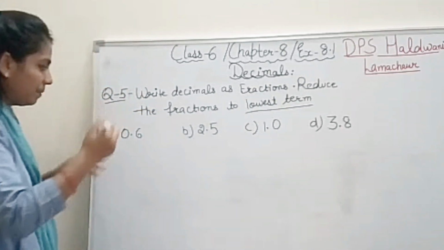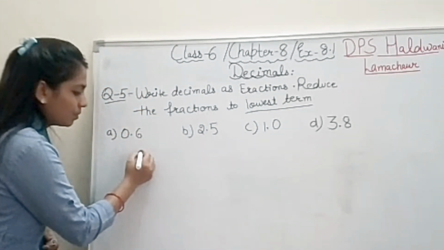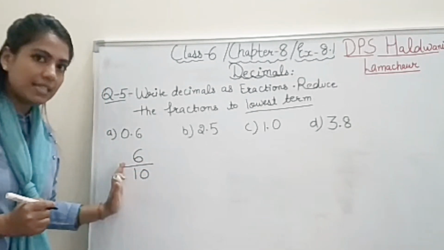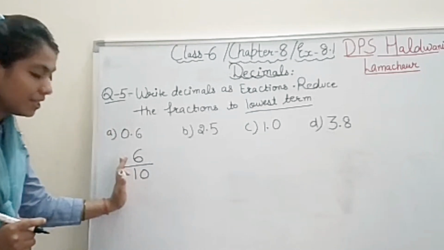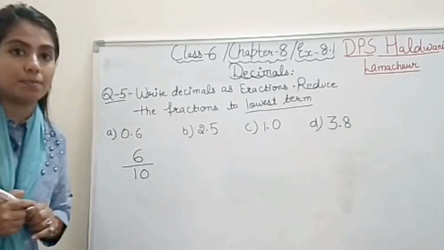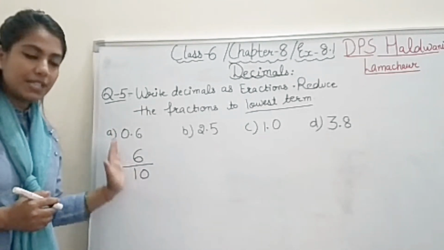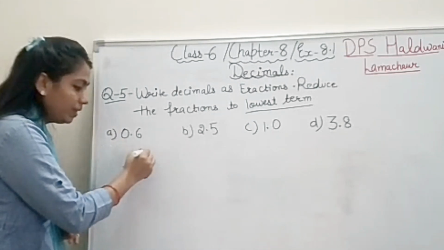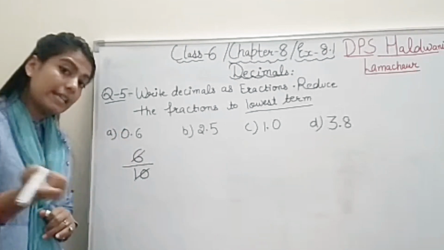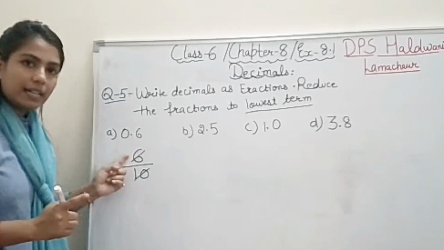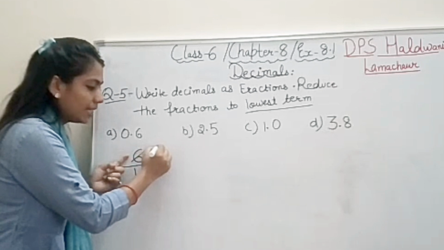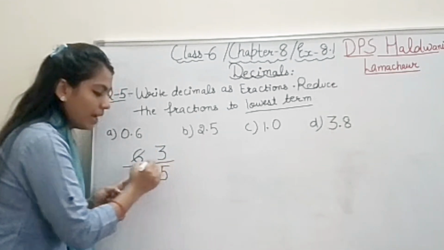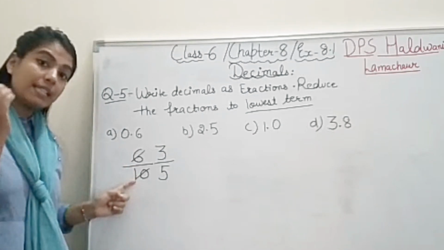How? Let's see. It means you have 0.6. So fraction would be 6 upon 10. Many times we have done the same type of question. Now fraction convert into lowest term. 6 by 10, the lowest term is you have to cancel both the number but in the same table. See 6 coming in 2 table, yes, 2 3s are 6 and then 2 5s are 10. You have cancelled the fraction in the same table.